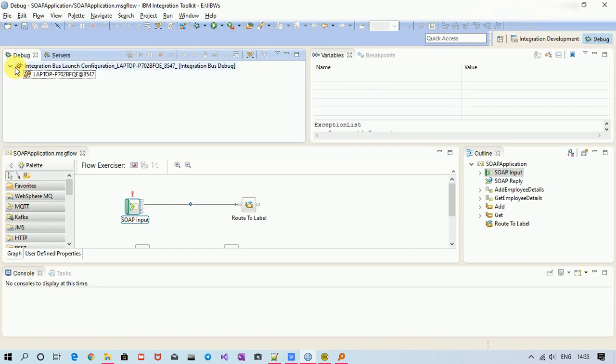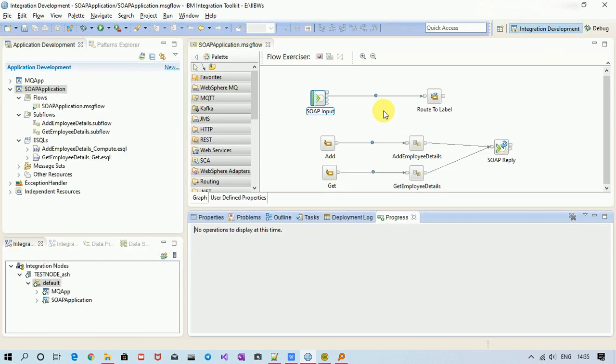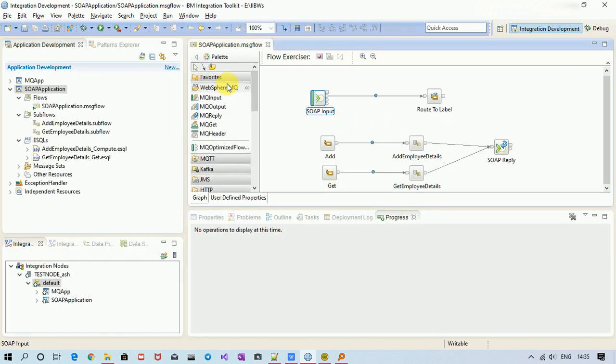Now if I am not checking this property, then I can also do it manually using compute node.